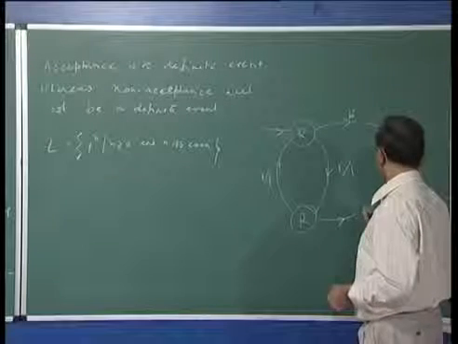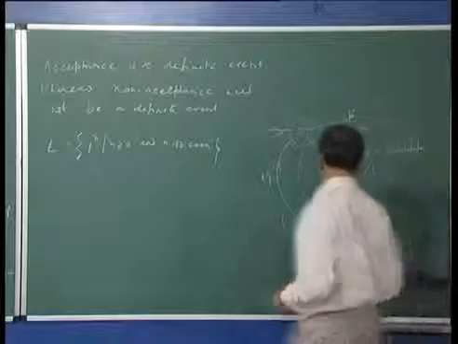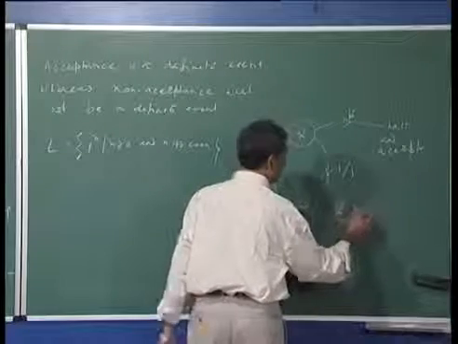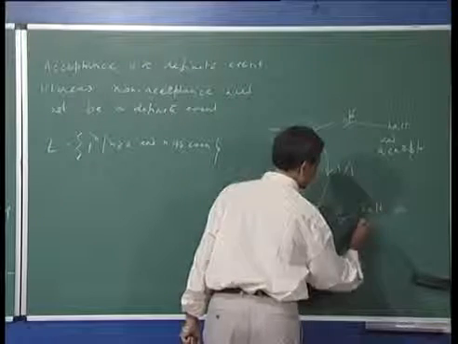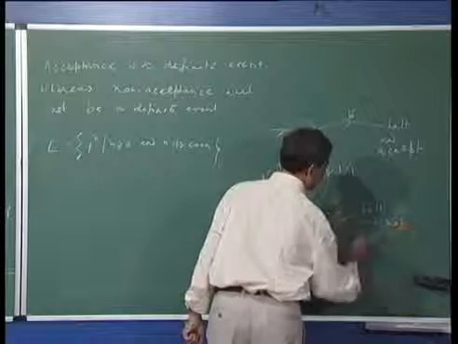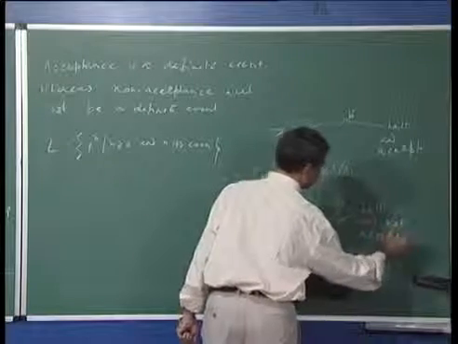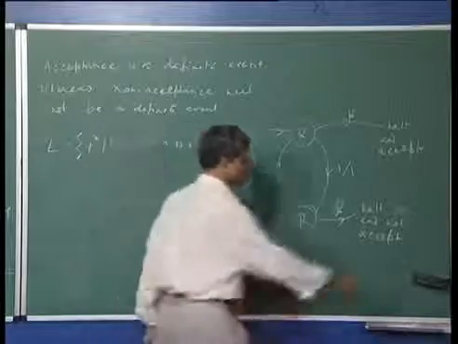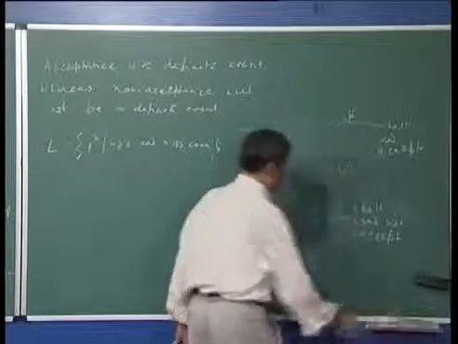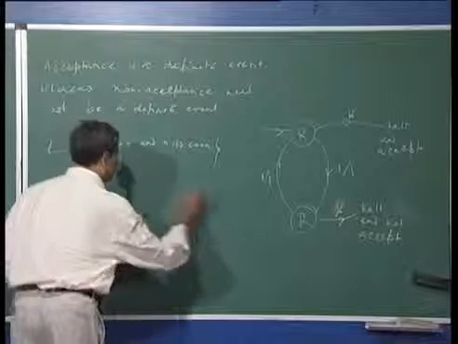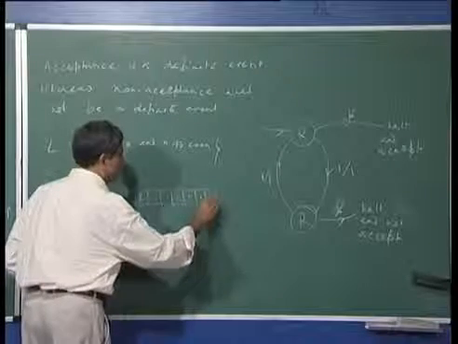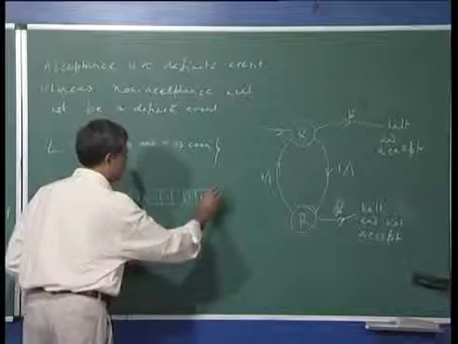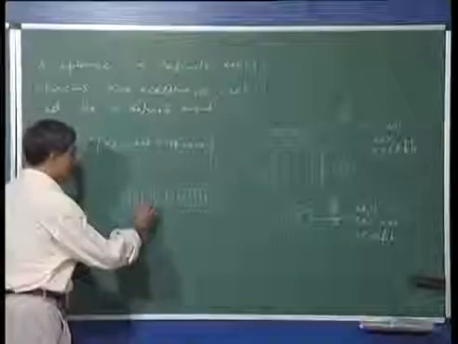And in this case, in this state, if you see a blank, then you halt in a and not accept. So, remember what input would have been written like this: there is a block of ones flanked by blanks on both directions, and if you start the Turing machine here,